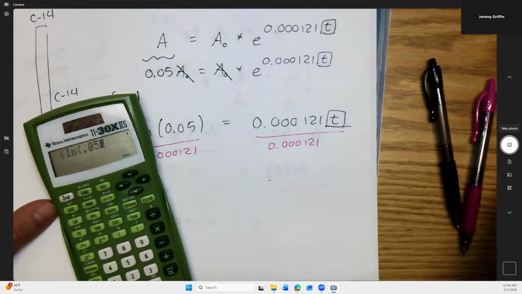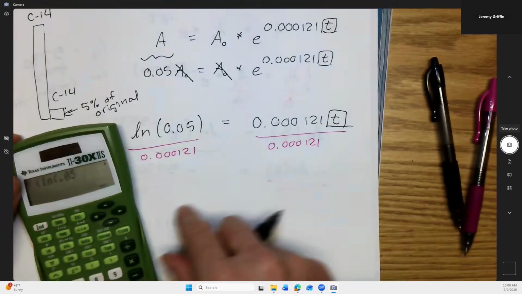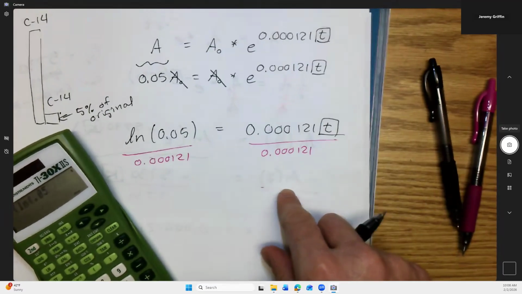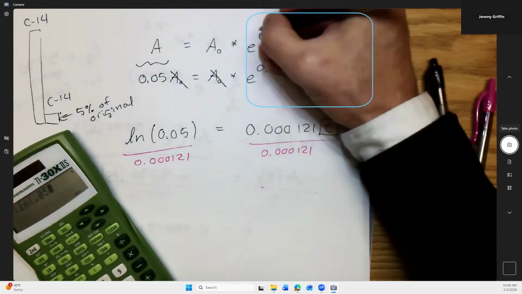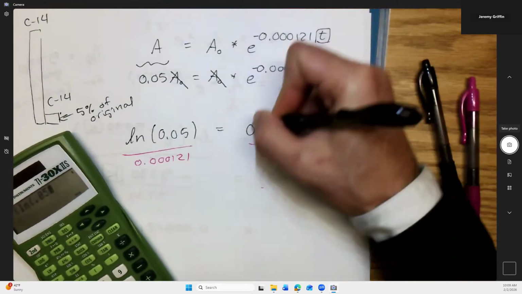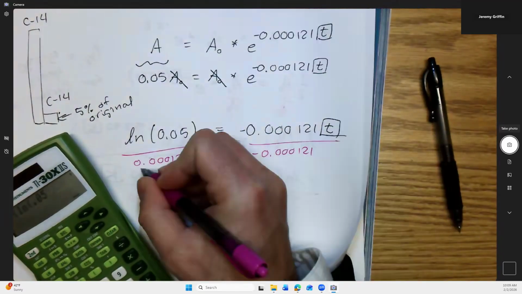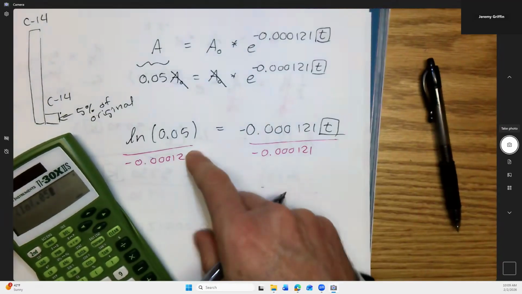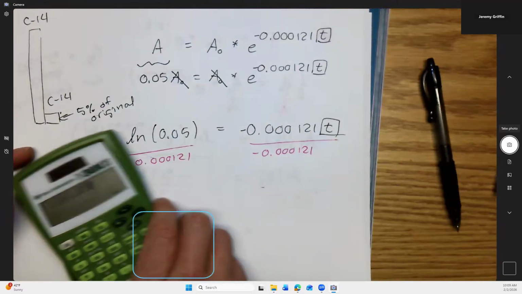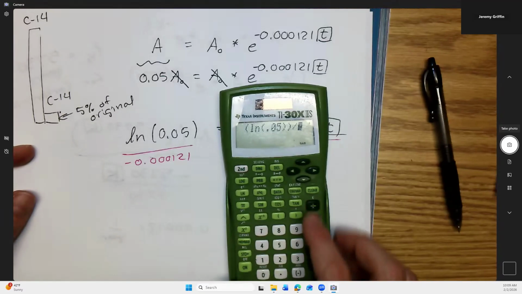Oh, one more detail. Guys, I missed one little detail. I just noticed it. Does anybody see? Negative, negative. Guys, this should be negative, negative. This is negative, and then negative, negative. Because I know if I take the natural log of anything between 0 and 1, it'll be negative. So, oops. Now we're back on track. Divide by negative